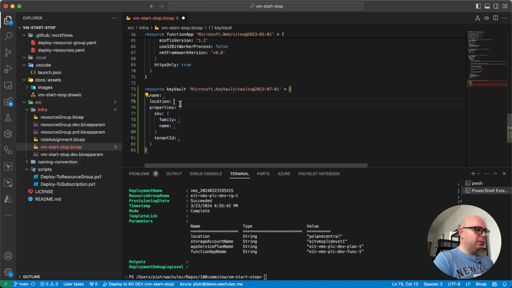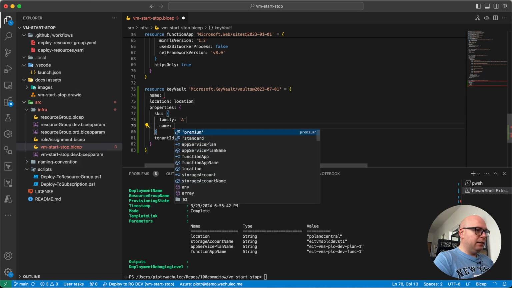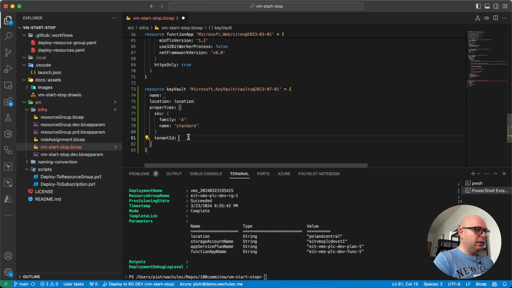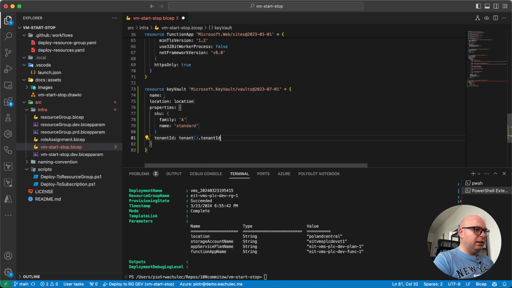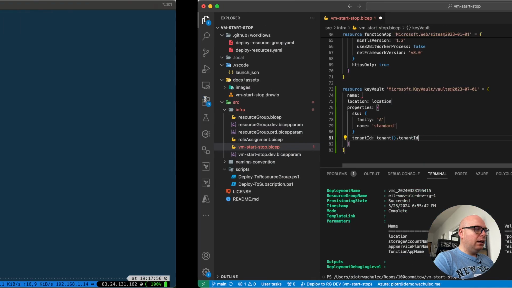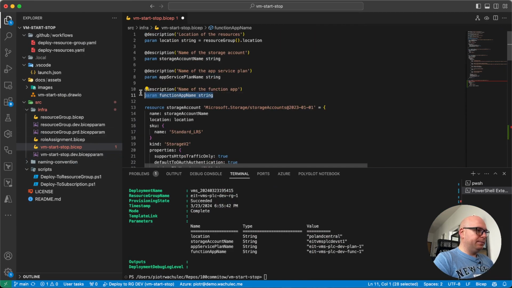Required properties, so location, of course, location, SKU, family standard one, tenant ID. For tenant we will use that function tenant ID, and I will add the new parameter